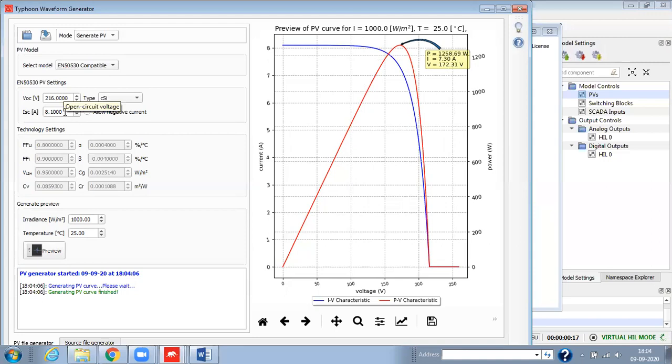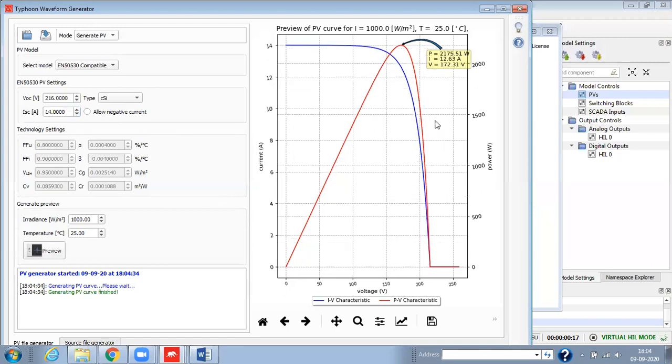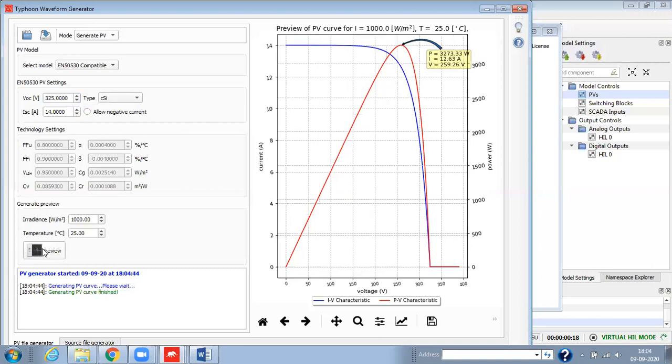Now if I want to increase the number of panels in parallel, I have to increase the short circuit current. Now I'll preview this one. You can observe that the panel capacity is now 2.17. Similarly, you can change and design as per your requirement.